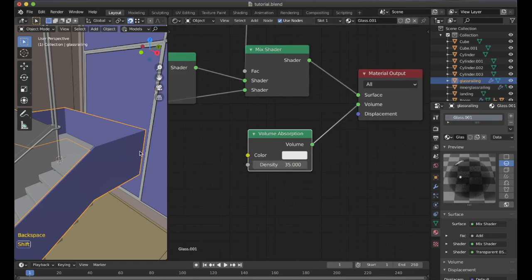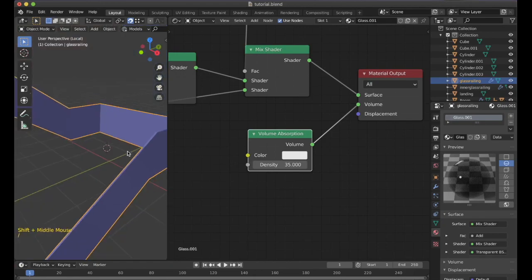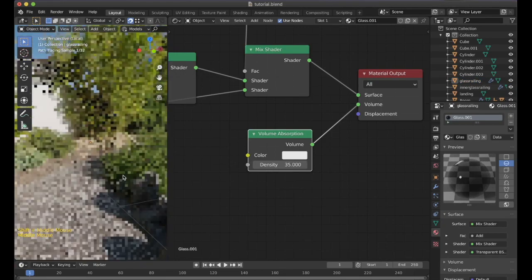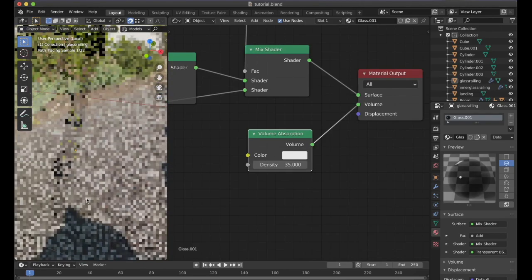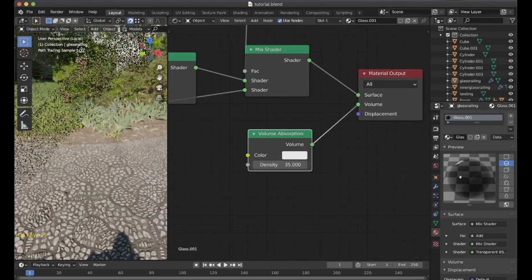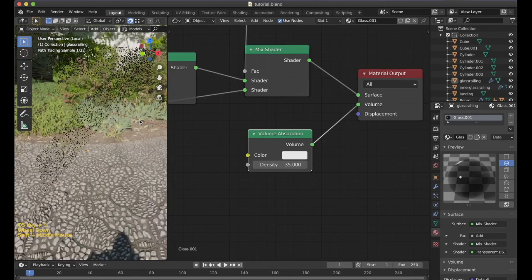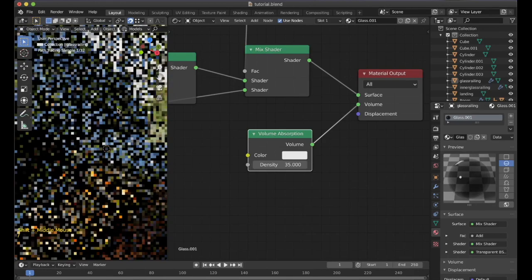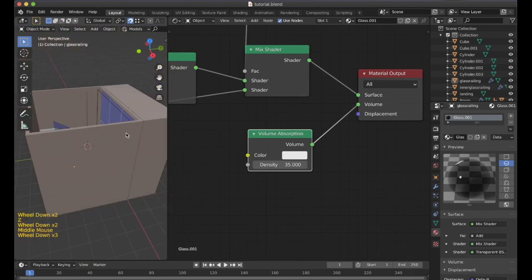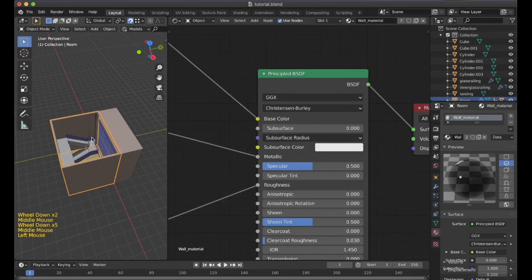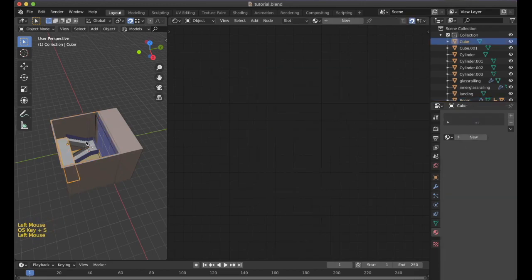Now I will isolate this first and then we'll see what has been done. We can already see black edges, which will give us the accurate results in our case. So this would be fine for us. I will bring back the scene. Now that we have also set this up, we do not need to set this up over here.